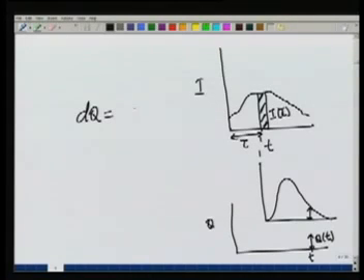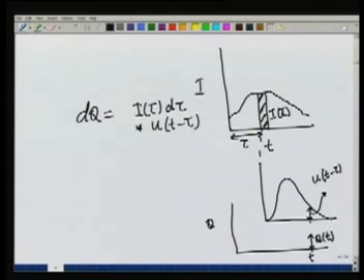the depth of rainfall here, which is I d tau, multiplied by the ordinate of the IUH at that point. So this ordinate is nothing but U(t minus tau). So if you look at this dQ, dQ is the direct runoff due to this small strip of rainfall occurring over the entire catchment. This is the depth of rainfall I(tau) d tau occurring over the catchment. Instantaneously it will cause a direct runoff of dQ, and if we want to find out the total ordinate Q(t),